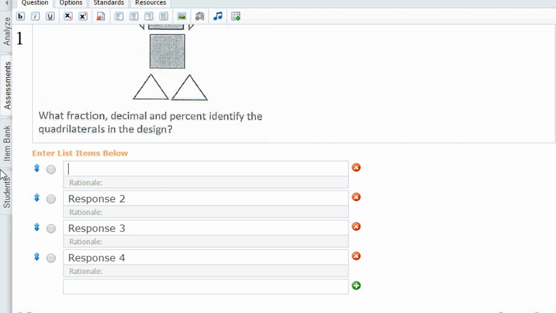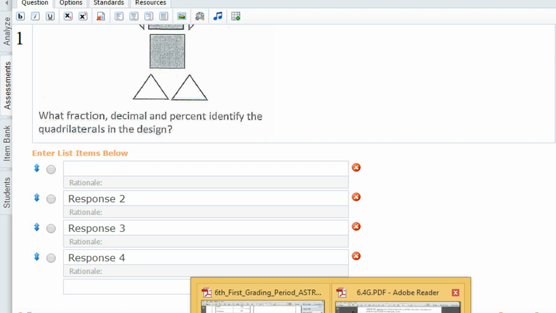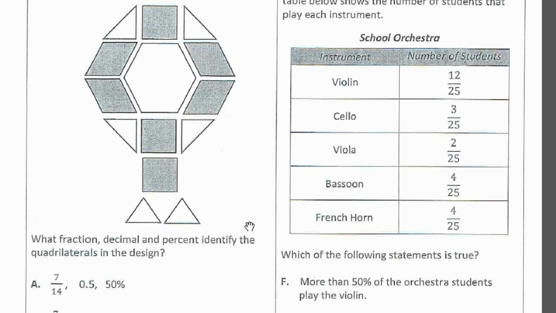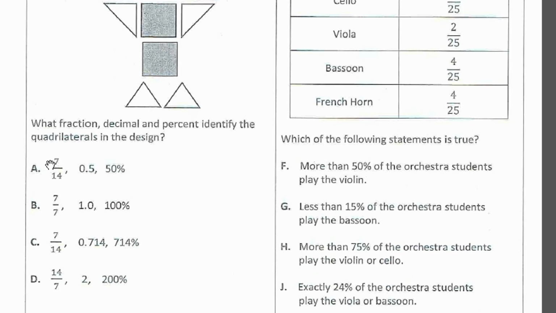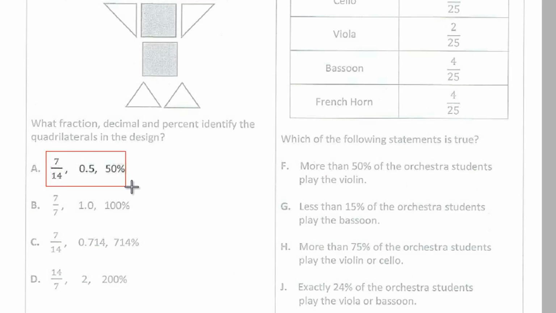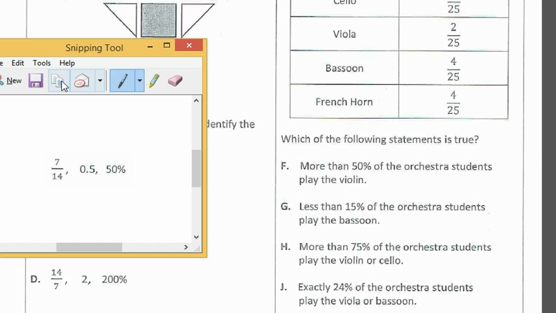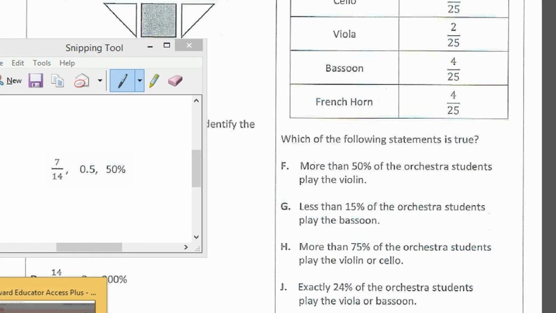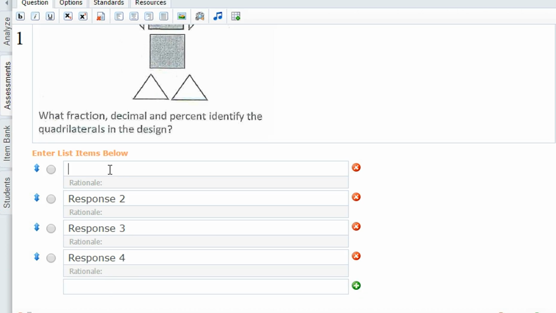And then your responses here, I just go back and forth between Eduphoria and the actual test. So then I just snip the answer choices